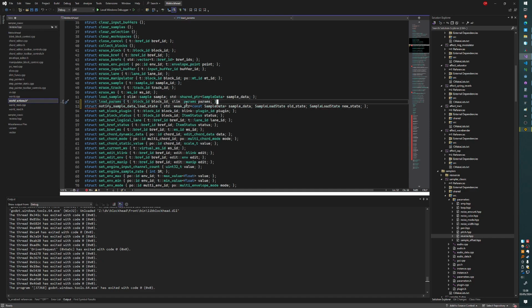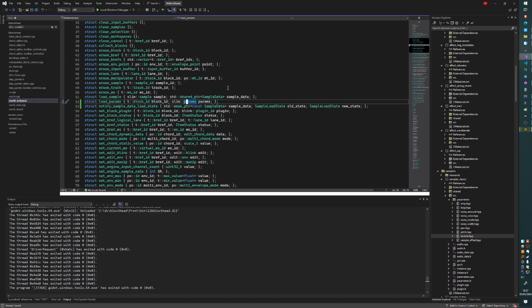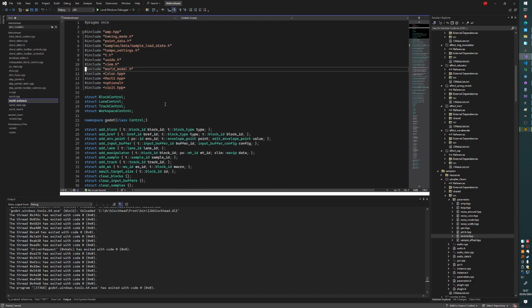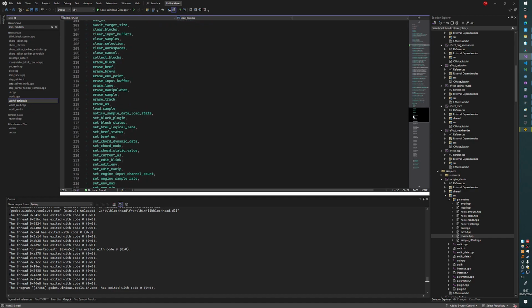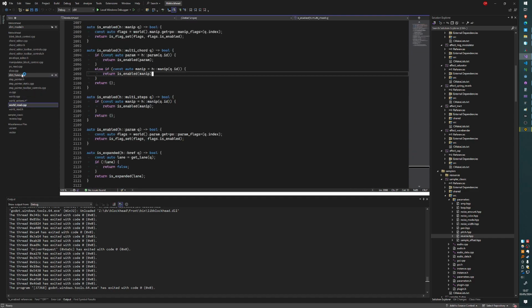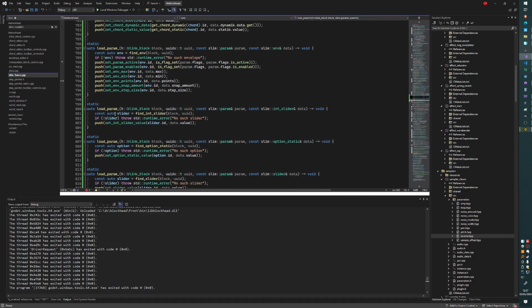And this is an immutable data structure, so it's really cheap to copy. If you look in here, yeah. So that's why I can just cram it into this variant. Load params. So all of this stuff